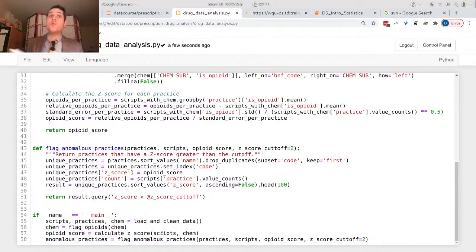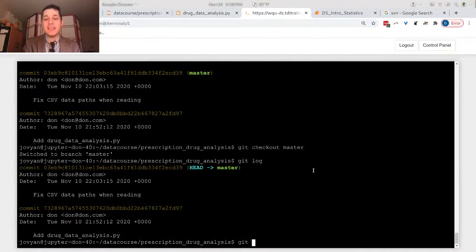It knows how it looks on the other branch. So if we were to decide to go back to the other branch, Git will show us how the file looks on the other branch. Notice we're not keeping track of different file names and whatnot. We can very easily say git checkout